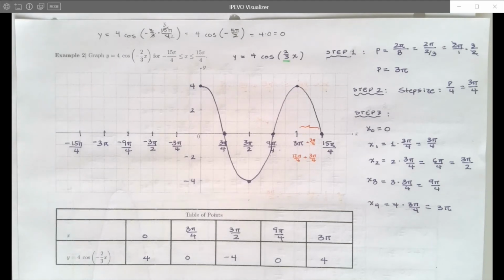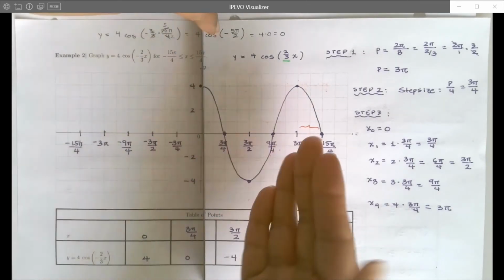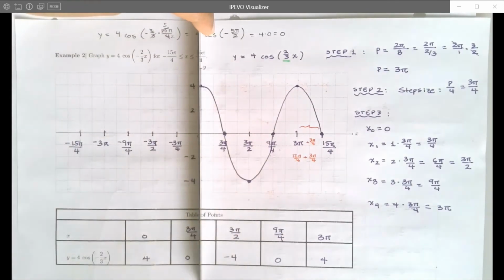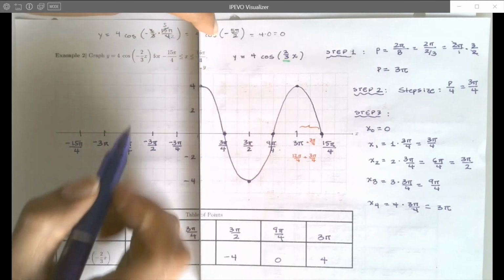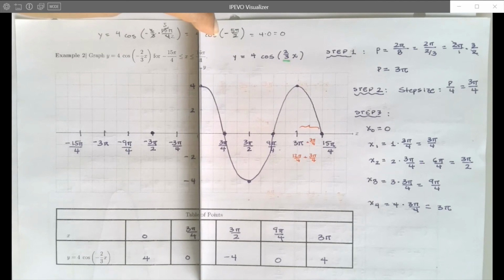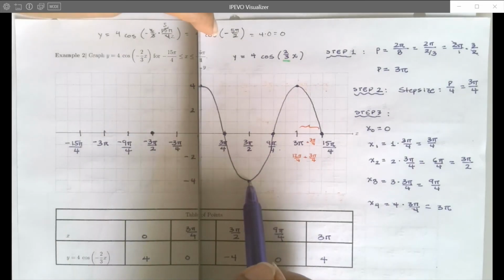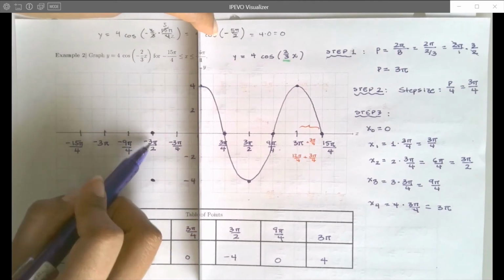Okay, then what? Well, then we remember the symmetry of cosine. Cosine, we said, is an even function, and any even function reflects about the y-axis, meaning there are mirror images, the left-hand side and the right-hand side. So if we use this as a mirror, that means that the 3 pi over 4 comma 0 is going to reflect to negative 3 pi over 4 comma 0. The 3 pi over 2 comma negative 4 is going to reflect over to negative 3 pi over 2 comma